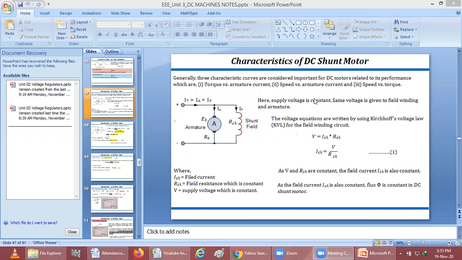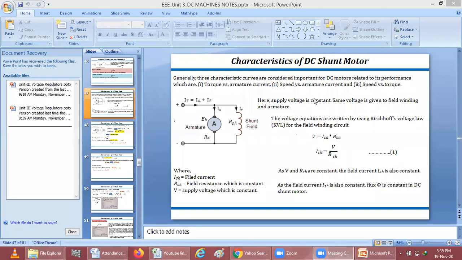If you see the construction of the DC motor, we call the pole and yoke the stator. Then in the construction of the DC motor and DC generator, we use the armature conductor, the field winding, the brushes and the commutator. All these parts we call the rotor, because when we give the power supply to the DC machines, this part will rotate and do the functions. That's why we call this the rotor.